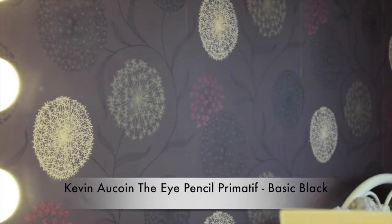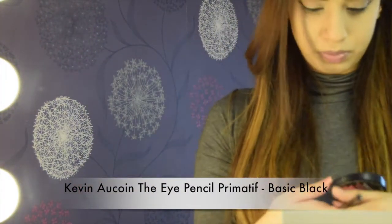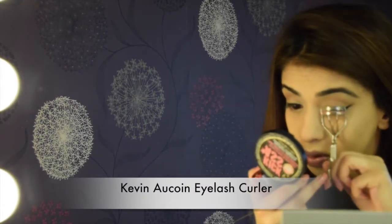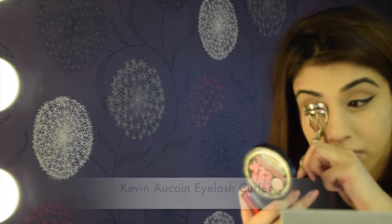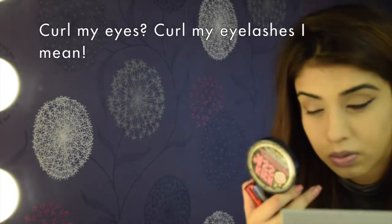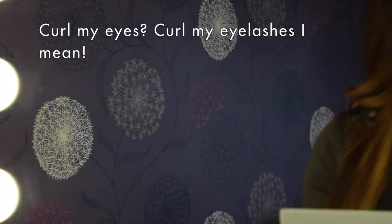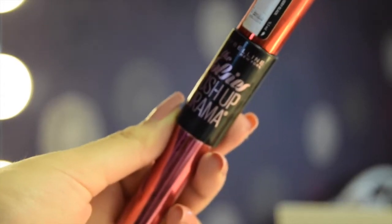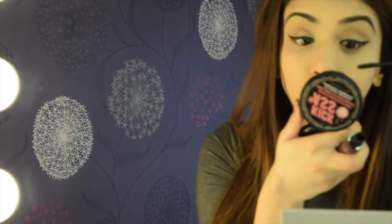I then went in with this black Kevyn Aucoin eye pencil just to tightline my eyes, and this is just to make my eyelashes appear thicker and fuller, because I did not go in with false lashes. And then using the same brand, I'm using the Kevyn Aucoin eyelash curler to curl my eyes before I then go in with the Maybelline Falsies Push Up Drama Mascara, and I am applying a generous amount of that onto